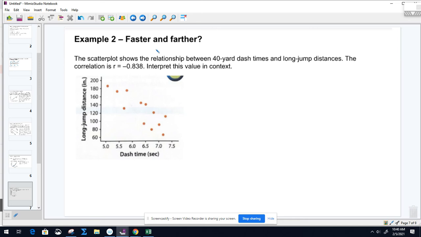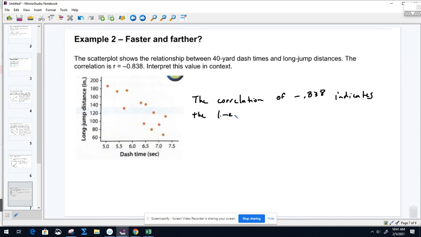The scatter plot shows the relationship between 40-yard dash times and long jump distances. The relationship is r equals, and we need to interpret this value in context. So as we're looking at this problem, when it says to interpret, we want to make sure that we use certain words. The correlation of negative 0.838 indicates